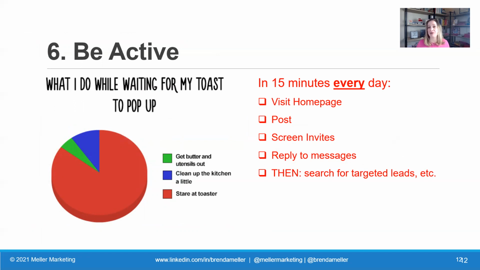And maybe there's a segment of the day you're making toast, right? And you're just sitting around in the kitchen. And what do we do while we're waiting for toast to pop up? We tend to get the butter and utensils out. We line everything up on the counter. We clean up the kitchen a little, get all the crumbs off, put the bread away, and then we stare